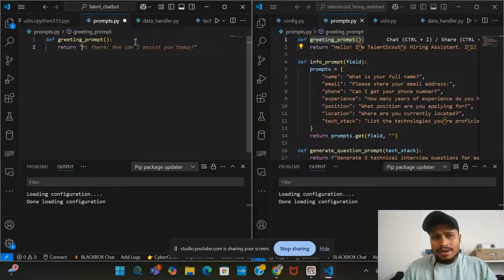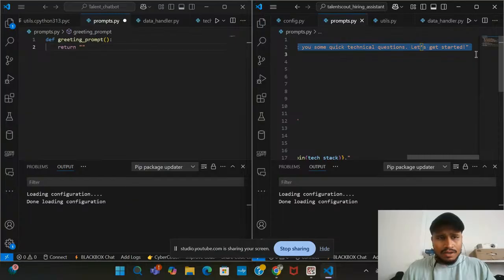Again, it's up to your choice, whatever message you want to prompt to the user, you can give it. But here what we are doing, we are basically building this chatbot so that it can take the technical questions, basically the interview before a candidate appears in front of an HR, right? So for that this chatbot is there, and this chatbot will conduct your interview and will ask you technical questions. So first of all, I will just copy paste